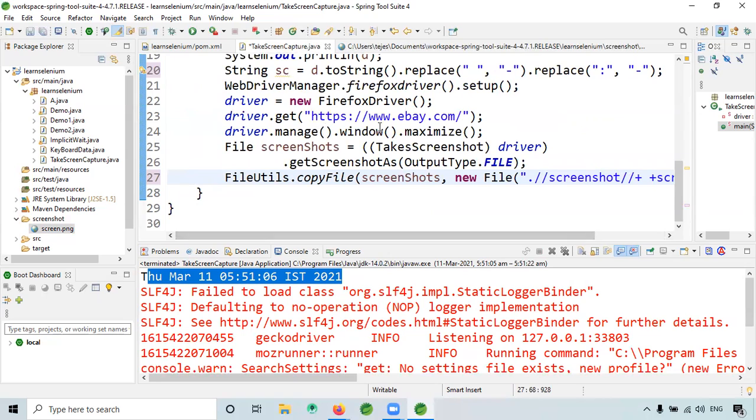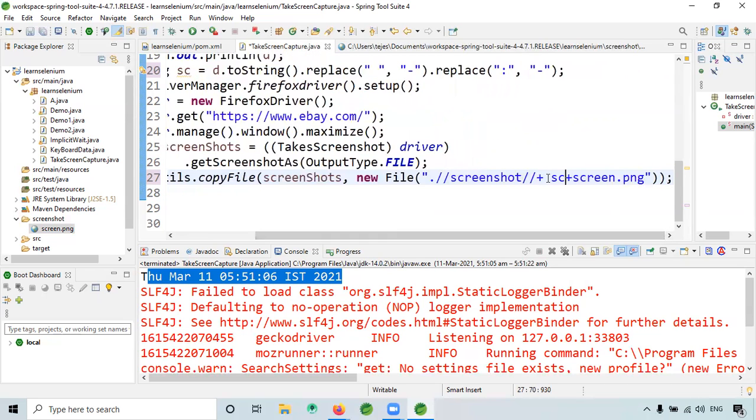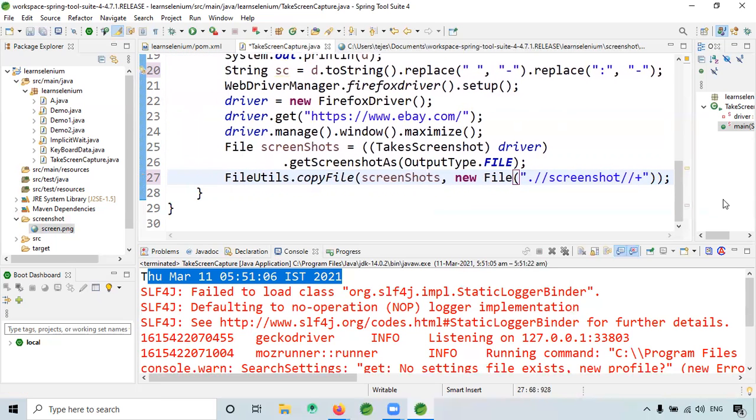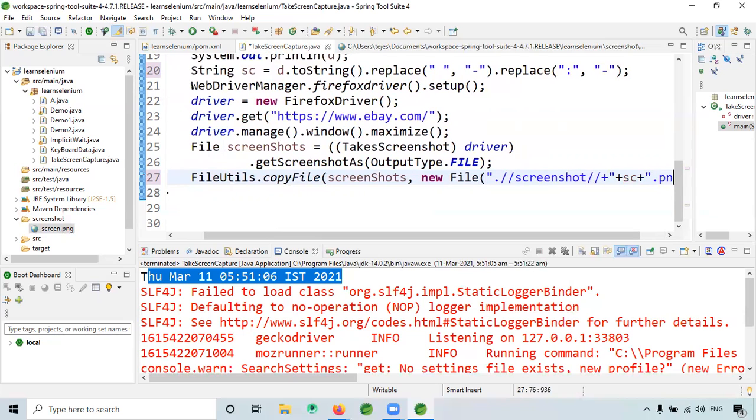Here I will give SC. Here I will close. I will add something like plus and give SC dot png, like this.